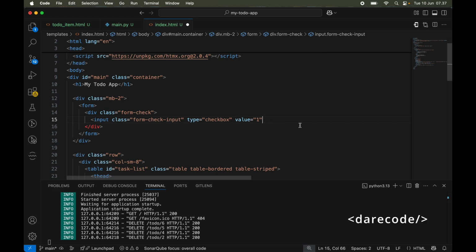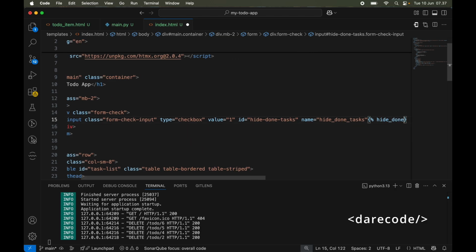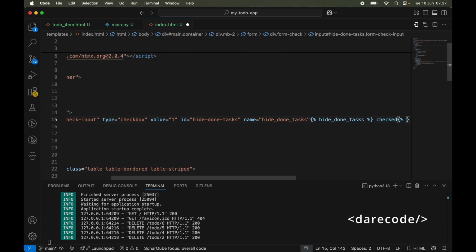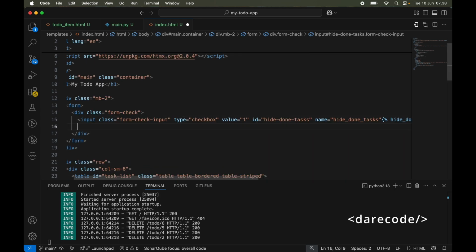Let's specify the value 1 and then give the name. If the value of hide done task is true, leave checked. Give the label.